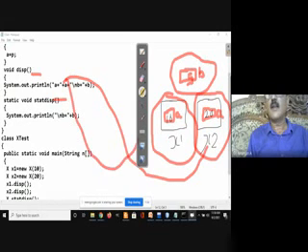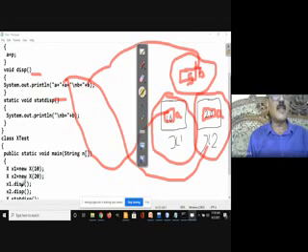First time it will be accessing 10, and next time this one. B means in both the cases it will be accessing 5 only. So what is the output that I get? A is equal to 10 and B is equal to 5 the first time. Next time I get A is equal to 20 and B is equal to 5.